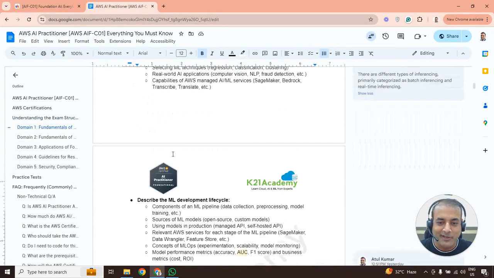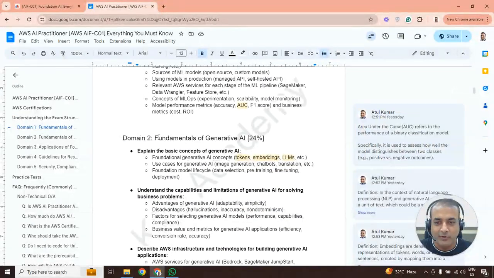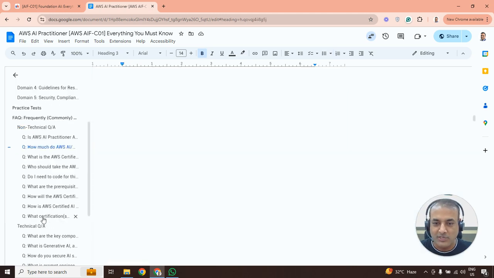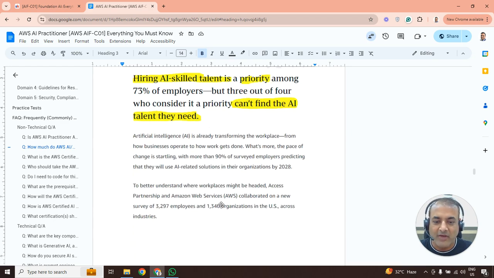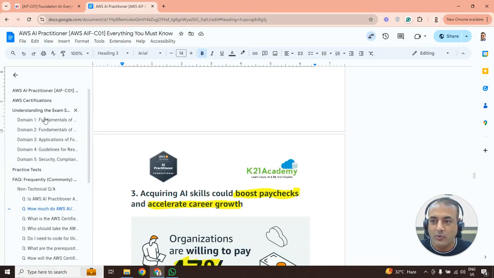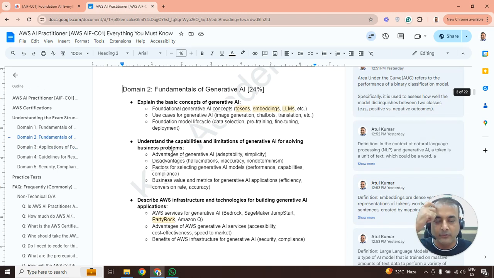Now I'm debating, should I talk about the module, this is domain number 2, or should I pick up question number 2, which is here, how much do AI and machine learning associate people make? Because that drives me, am I going to get my ROI? Am I going to get good money as well? So I'll cover that, but let me first go back and look at the second domain, which is fundamentals of